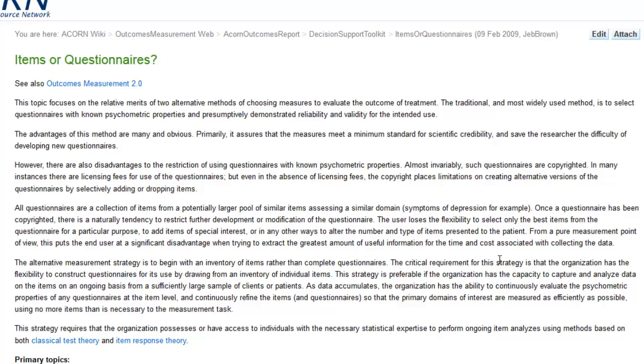have a pool of items that we could work with that had known psychometric properties and were well tested. This gives us the flexibility of putting together questionnaires tailored to meet the needs of the organization and the purpose of the measurement. For example, an organization treating a high number of patients with severe and persistent mental disorders may want questionnaires that are more tailored to severe symptomatology. There are some items that are more appropriate to that population that wouldn't be very useful in a general outpatient